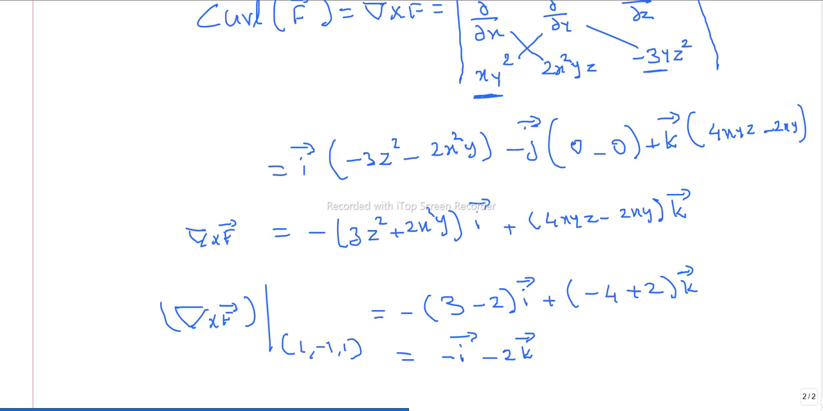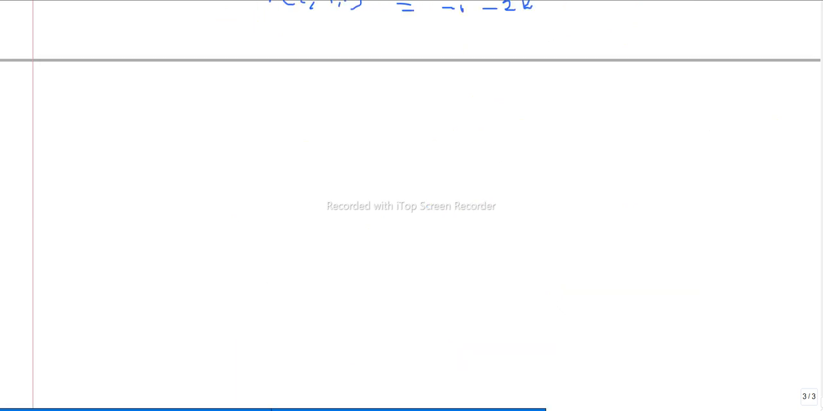Maybe they will give some function with an unknown value a. Suppose they say the curl is irrotational, and we have to find that value. So maybe I give one problem, you just try. The question may be: find the value of a such that the function f vector equals